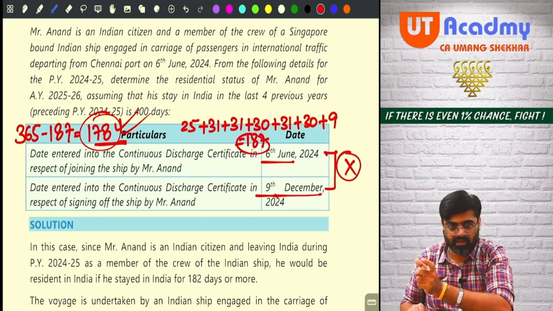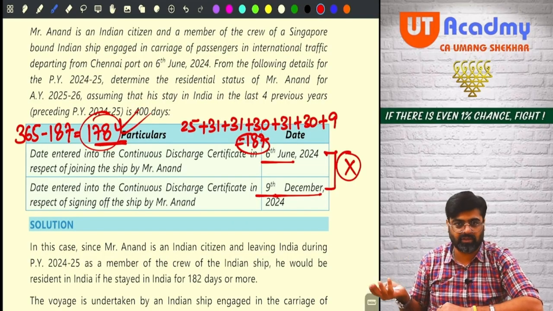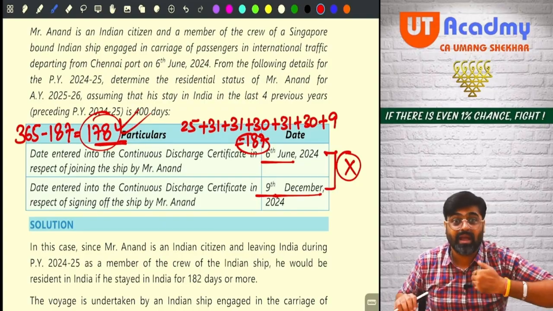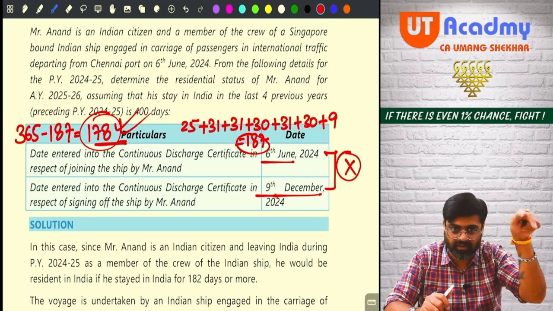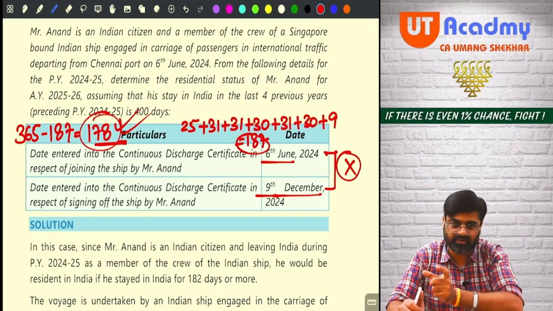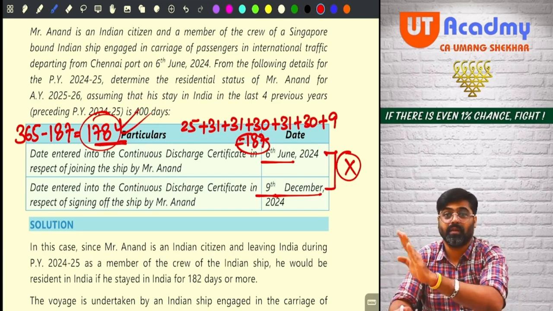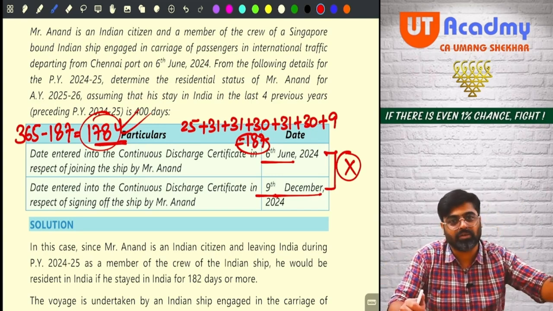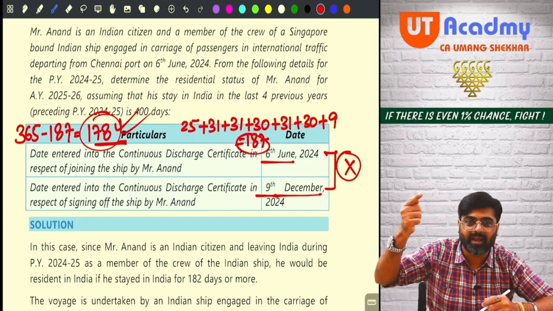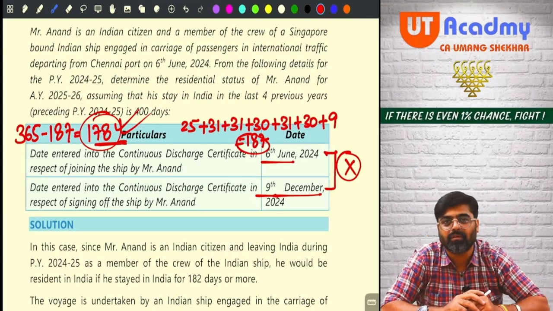Basic condition B: current year 60 days or more, last 4 years 365 days or more. Applicable or not applicable? Not applicable. Give the reason. This is basic condition C, I know. Basic condition B, I know this is the condition. But this is not applicable. Why not applicable? Give the note. And don't check. Will you check A? Yes, write A. Check A. Give your remarks. Done.